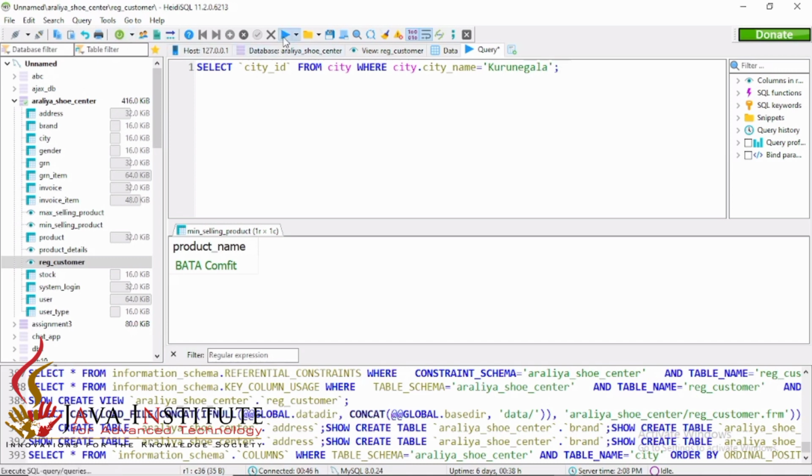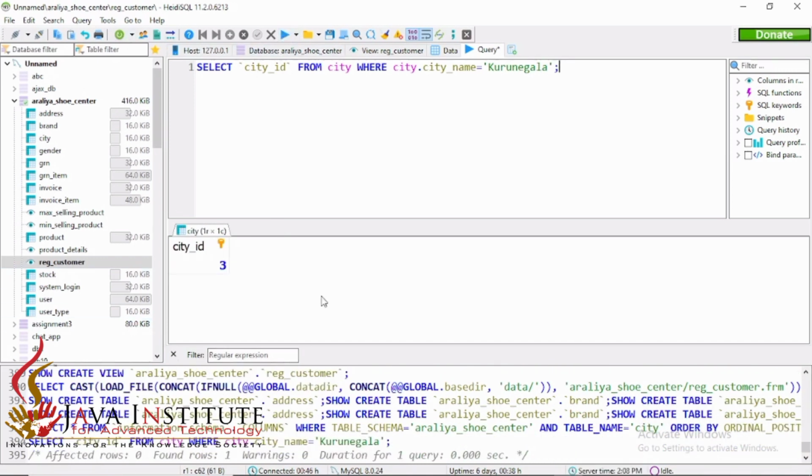After executing this we can get the city ID as 3. Okay, then I have to find out the users.